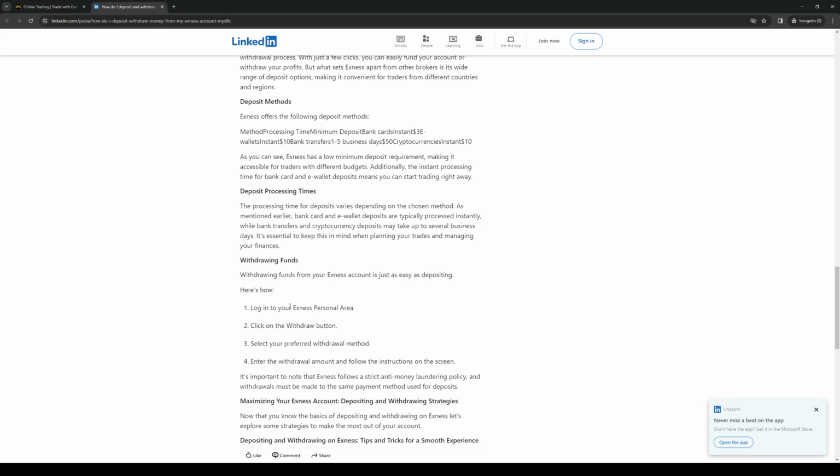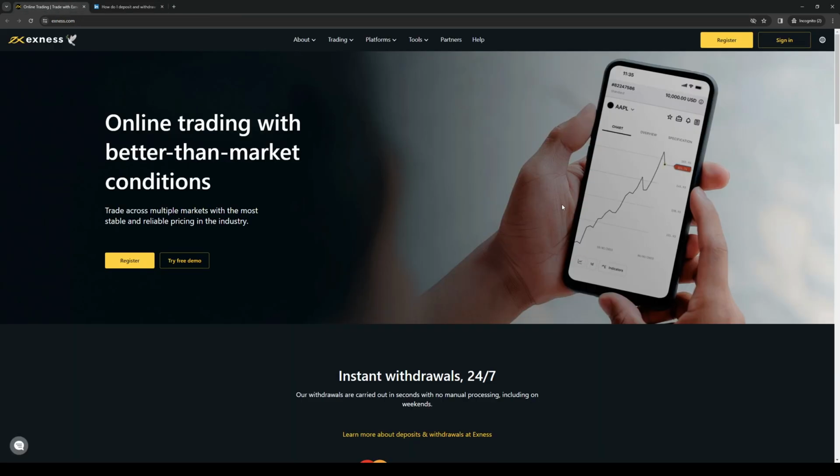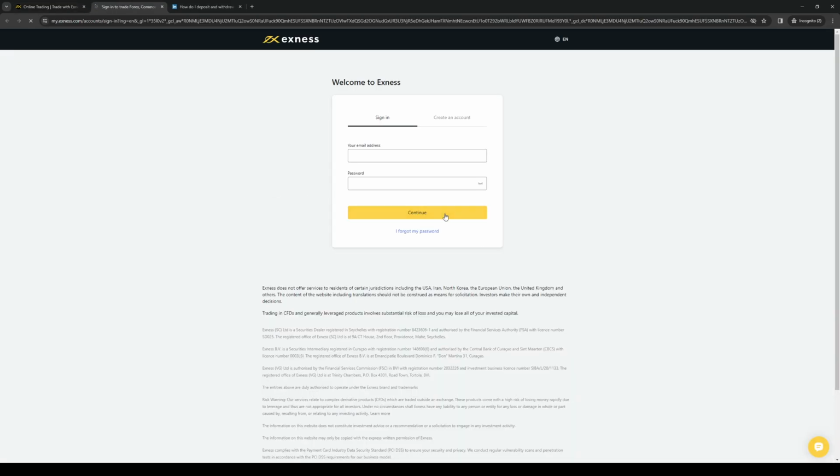So number one, you're going to log into your Exness personal area. So basically your account. So this one here, once you've registered for an account, you've signed up, simply go to the homepage and click on sign in, like so. And once you guys find yourselves on this page, basically just enter your login credentials,